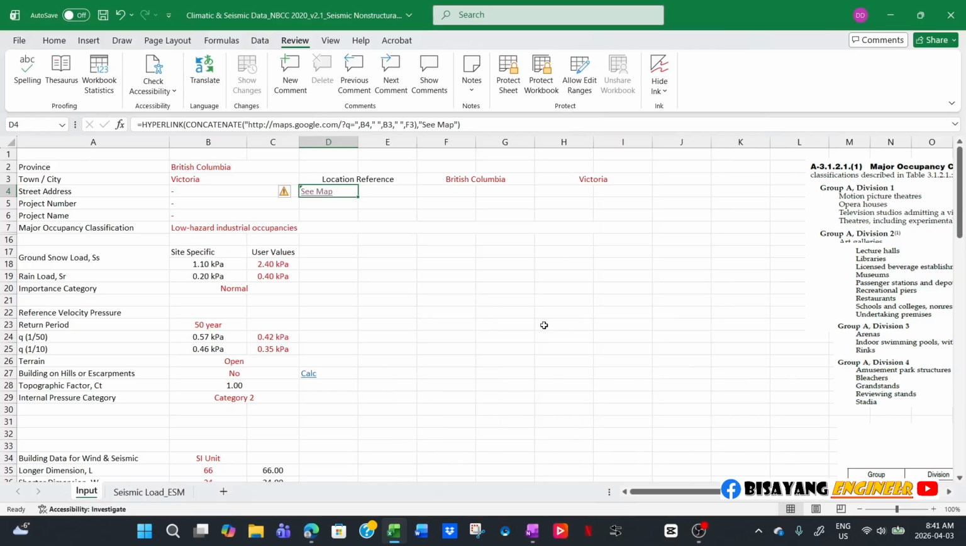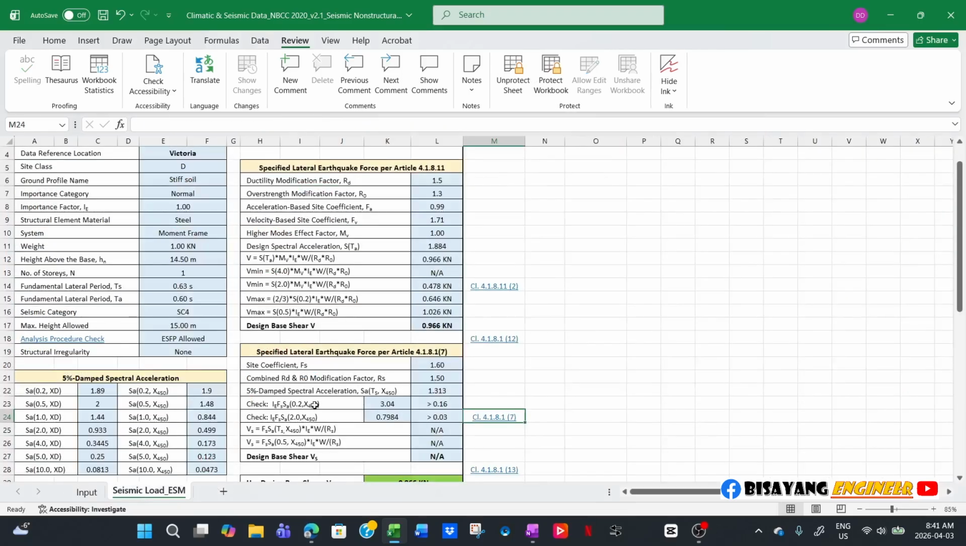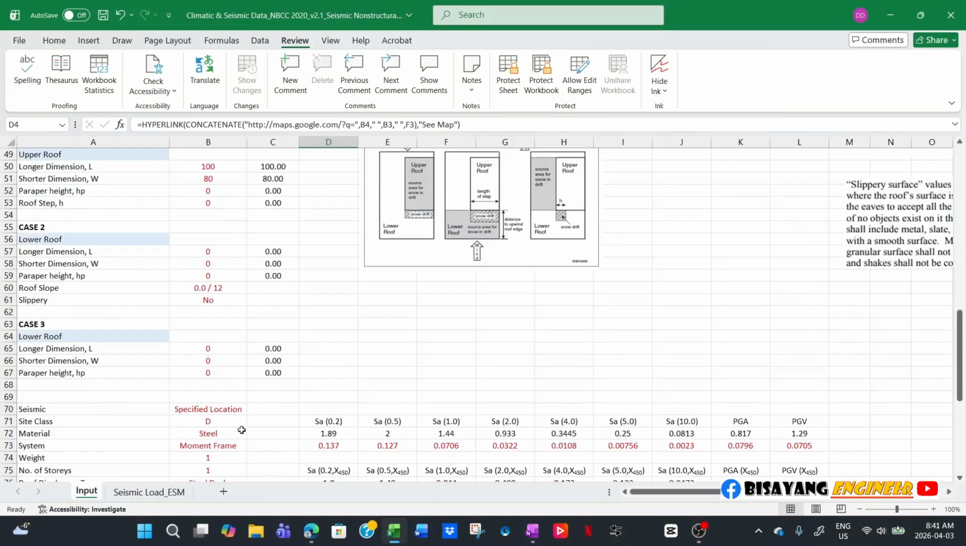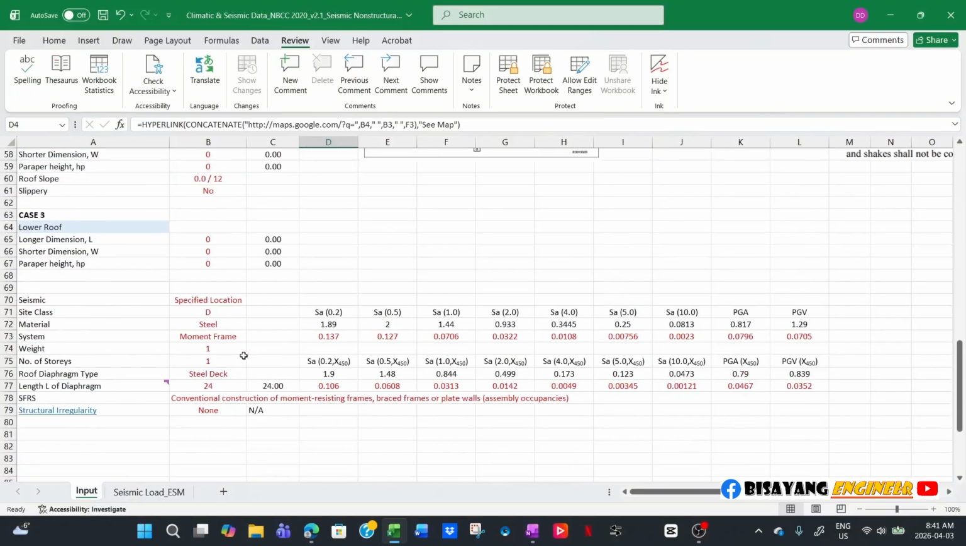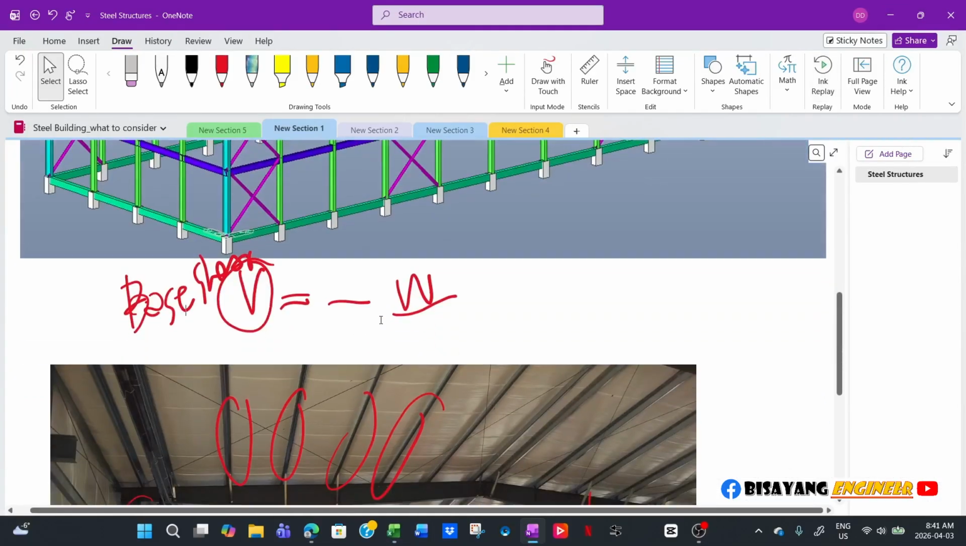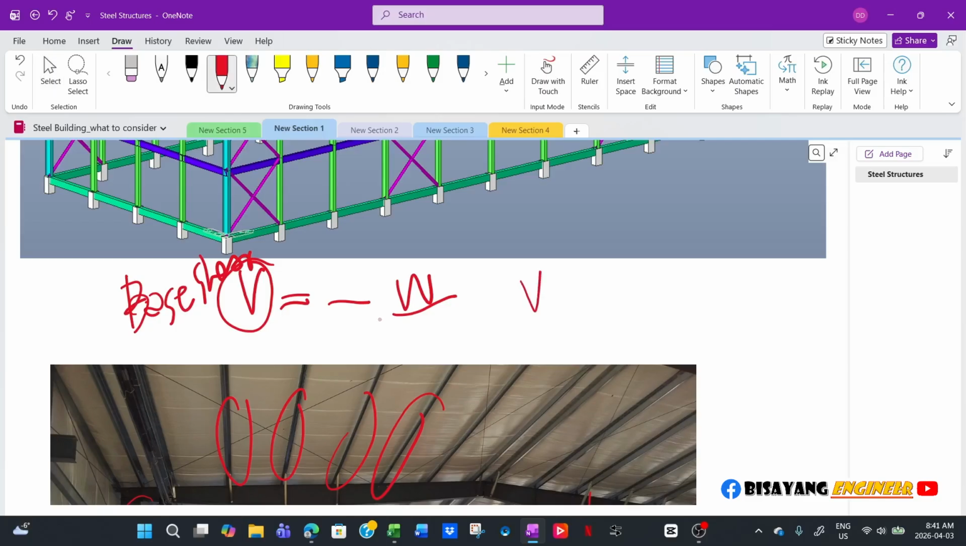The base shear that I got from this calculation is 0.966 kilonewton, because I assigned a weight of just one kilonewton, 1 unit here. So this is basically 96.6% of whatever the weight. I don't know back home what the percentage for the base shear would be, but using the National Building Code of Canada provisions for seismic in British Columbia, like Victoria, the base shear is